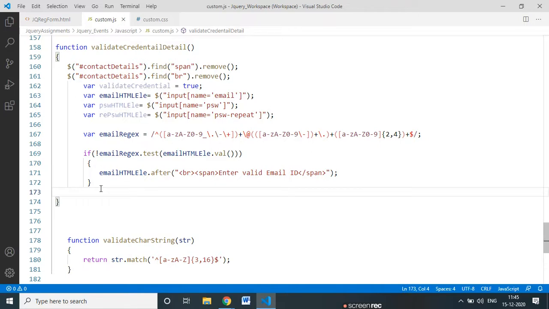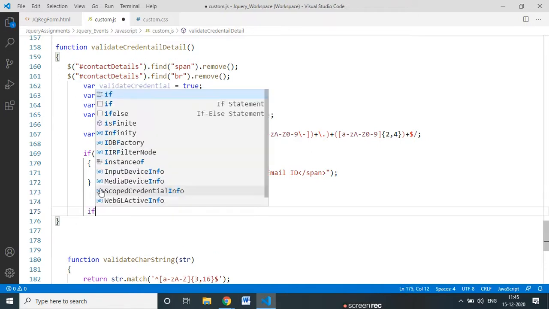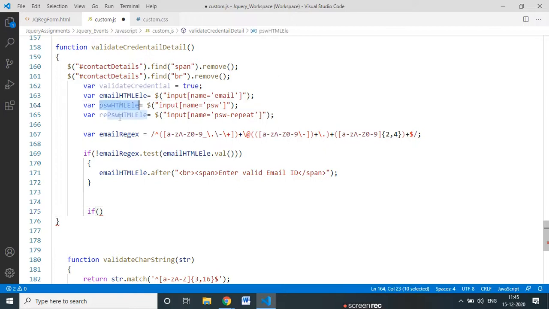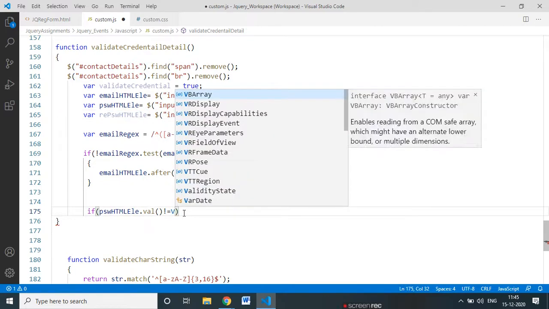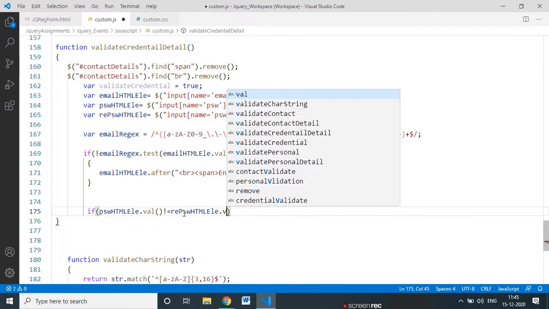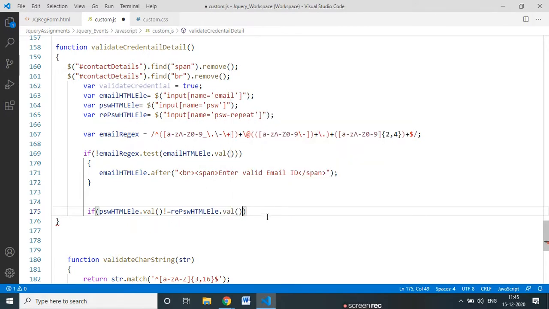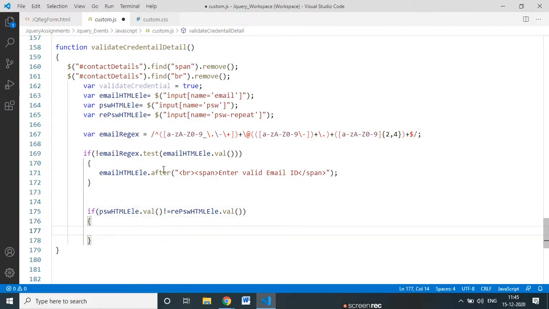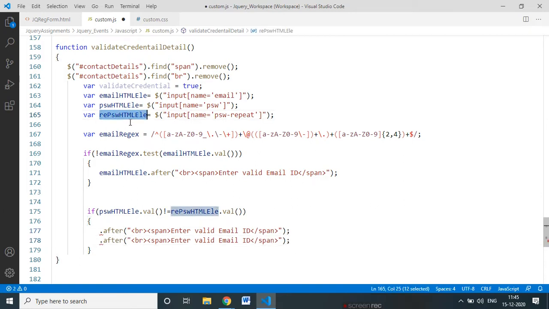you can directly say here, if password dot val not equal, and retype password dot val, and I will give the message here.